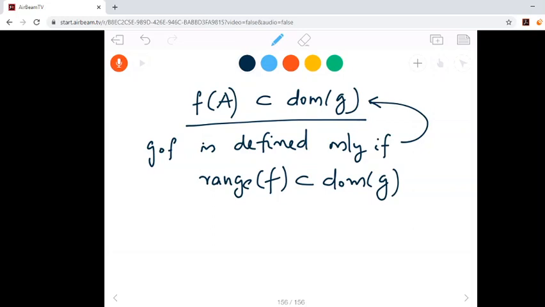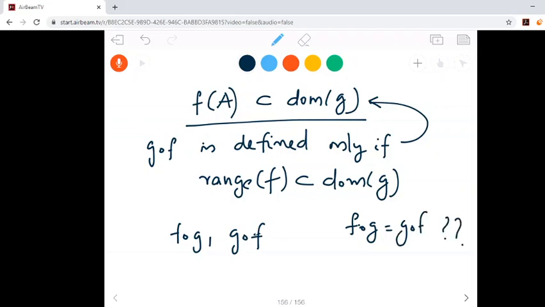Now, suppose I can define g composite f as well as f composite g. Means range of f is contained in domain of g as well as range of g is contained in domain of f. Both are satisfied, so that we can define f composite g as well as g composite f. Then are they equal? Whether f composite g is equal to g composite f